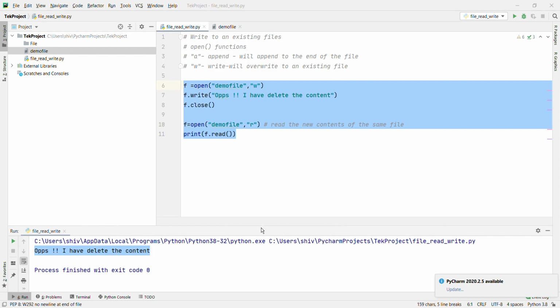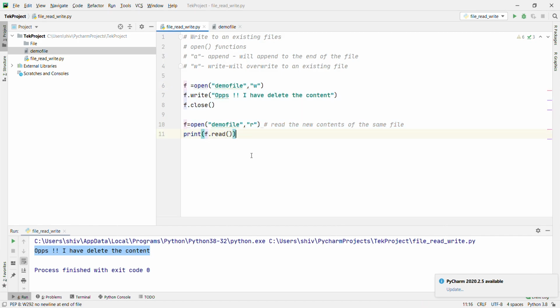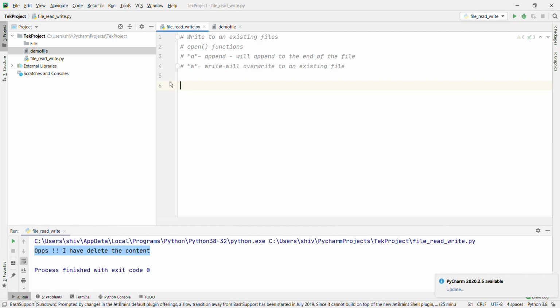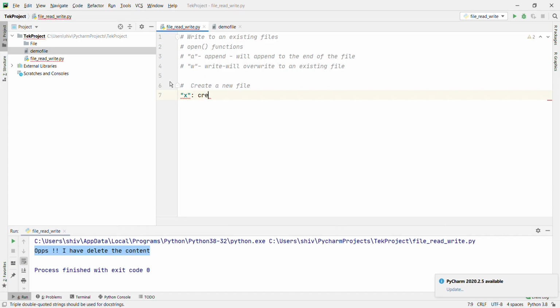Now we are going to show how we are going to create a new file. To create a new file in Python, we have to use the open function with the following parameter. What is the parameter that we are going to use for creating a new file? X, we are going to use X for create.